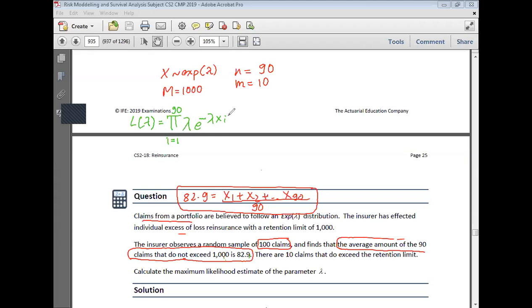Wait, will it be into or will it be plus? Yeah, into, right? Take the opinion of your classmates. What does Savri and Vanshita think? Should it be plus or multiplication? Multiplication, right? So what should I multiply this with? Into pi,